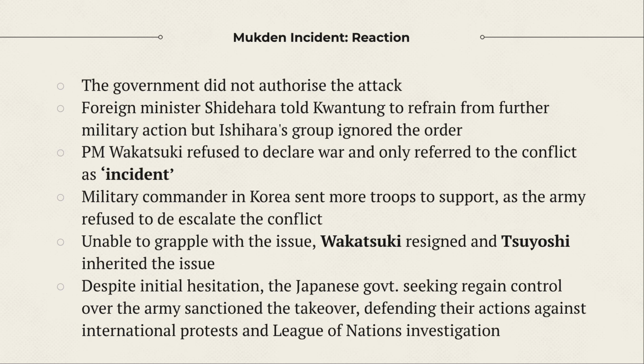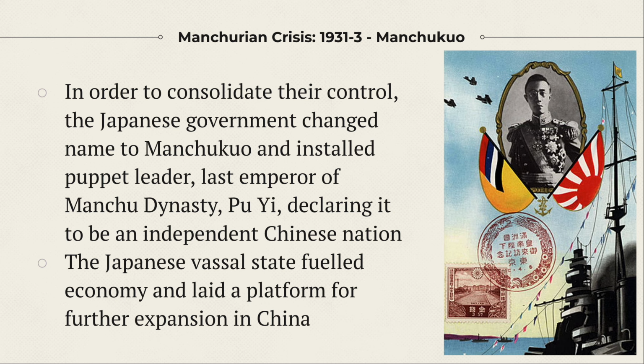So the League of Nations are going to send a committee out to investigate the validity of the accusations that are being made about Japanese aggression in the area and whether this is legal. And there's also a huge call for Japan to end their militarist expansionist ways by the Western nations. And so what they're going to do, once they get control of Manchuria in 1931, they're now going to